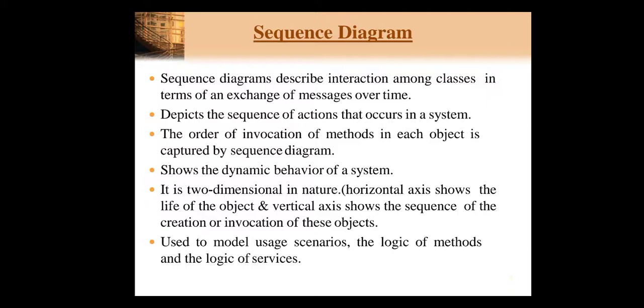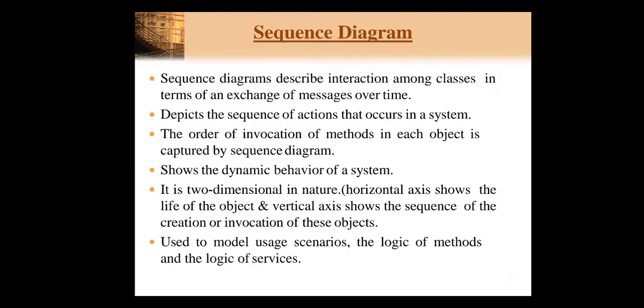As we know, for representing the functional requirements of our system in object oriented system modeling and design, we use the use case diagram. The use case diagram is basically used to represent the functional requirements of our system. Then for representing the structural view of our system, the class diagram is used. So next is behavior: how the communication or the implementation actually takes place, how the system will run. All these things, the dynamic behavior of our system, are represented with the help of the interaction diagram.